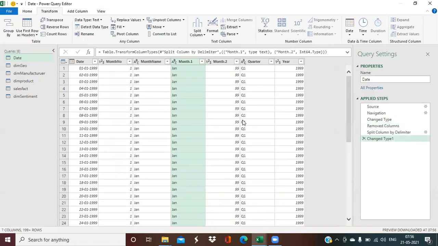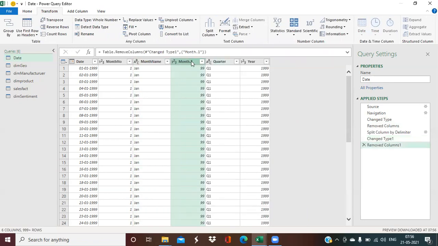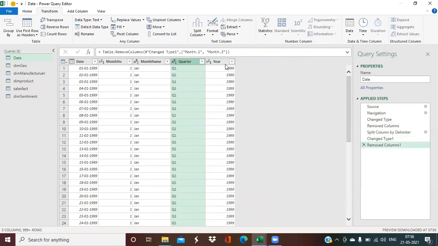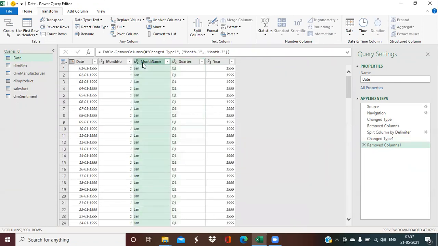Click on OK. As soon as I do it, you can see here, it has now been converted into two columns, month 1 and month 2, split as per my requirement. So I don't want this now. I have this month name clear very simply here. So I don't want these two columns here. So I'll remove these two columns and I have the year separated here very simply. I want the year column and the month column value very clearly, which is satisfying my requirement.